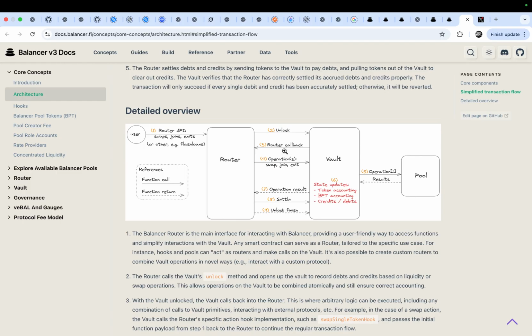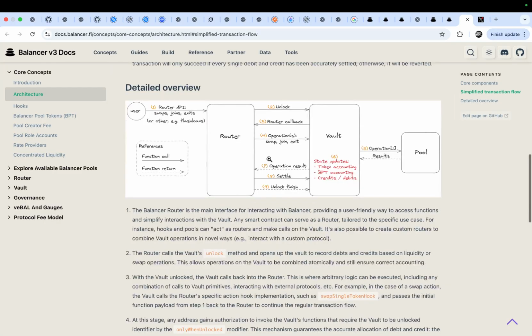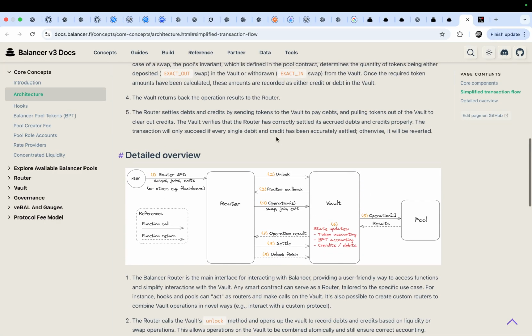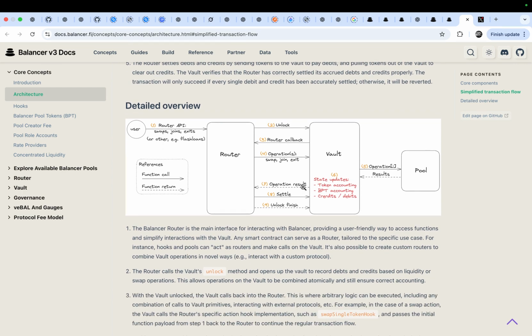So if one of the steps fails, the whole process will fail and revert. So we can add some other operations. This mechanism makes the protocol more configurable.